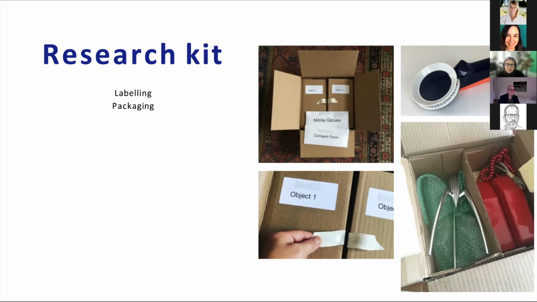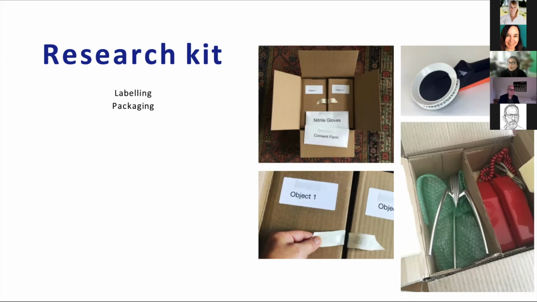The CCB identified to me that it was really important to label the content so that, for instance, the nitrile gloves could be distinguished from the other protective padding that was used in the packaging. And it was really important to make it obvious how the boxes were to be opened. So these are good examples of something that I, as a sighted person, didn't really think about.